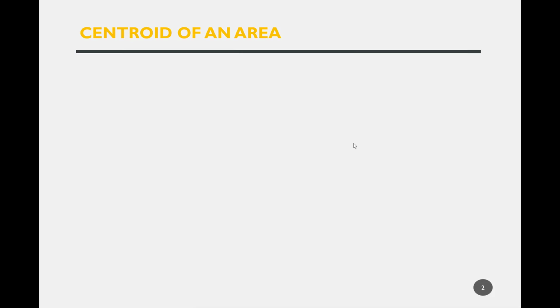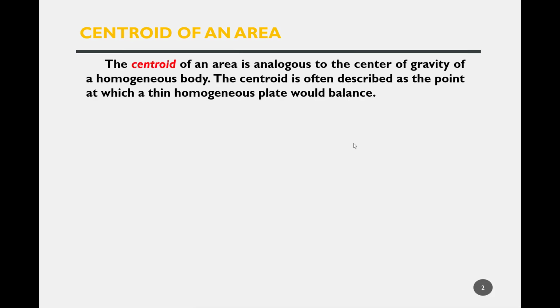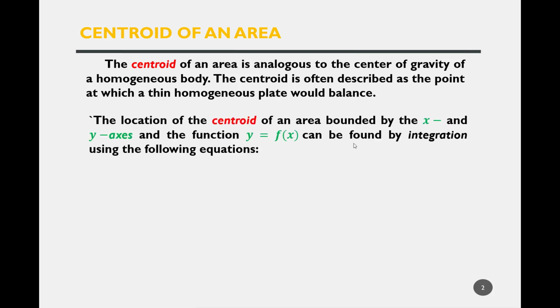First, we are going to discuss the centroid of an area. So the centroid, as we all know, is analogous to the center of gravity of a homogeneous body. The centroid is often described as the point at which a thin homogeneous plate would balance. So the location of the centroid of an area bounded by the x and y axis, you have to look. So kailangan you have to get the x and y axis, and then dun mo makukuha yung centroid. So the function y is equal to f(x). It can be found by integration